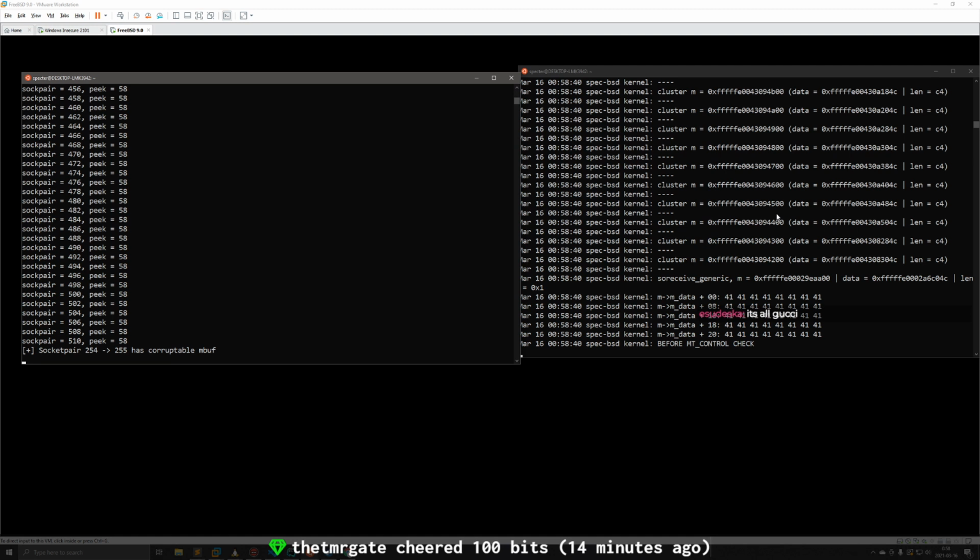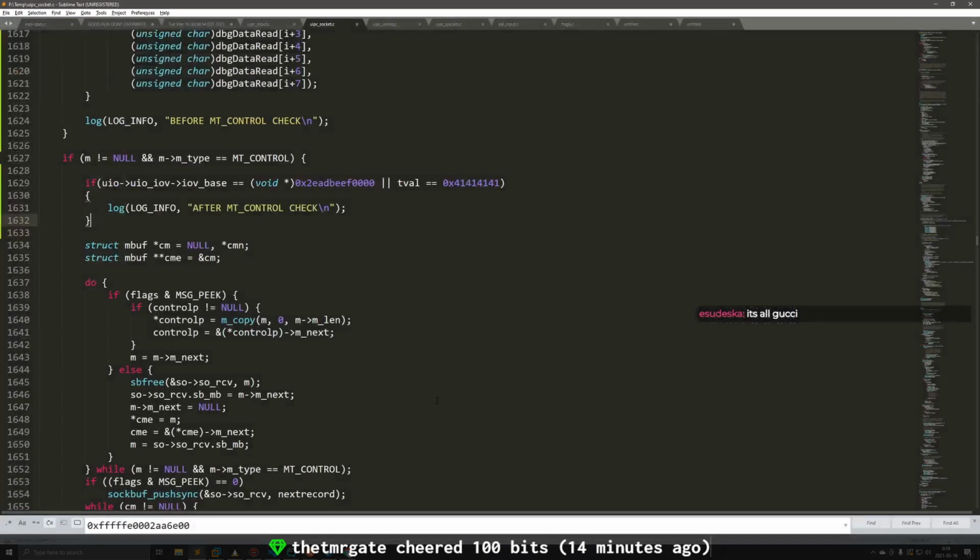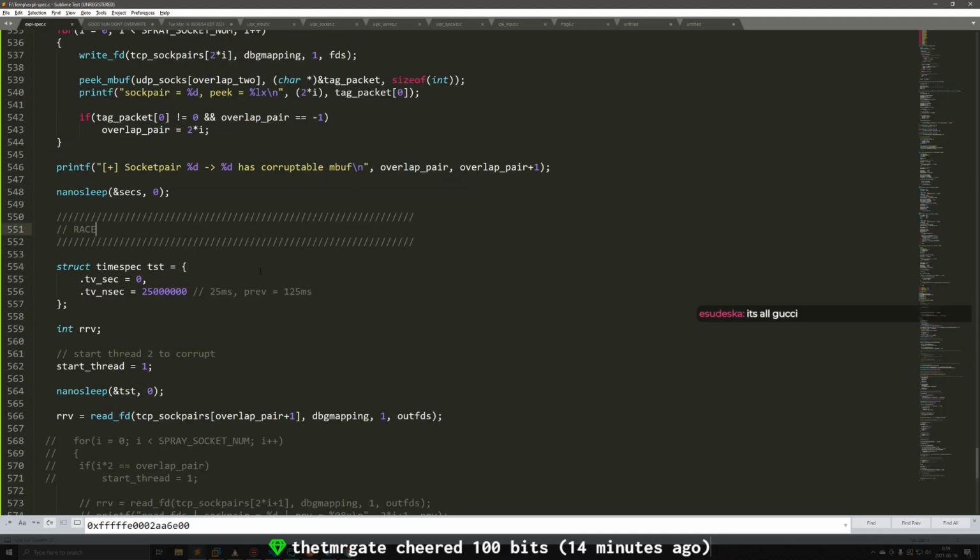So once again, we received too late because we're corrupting it before the empty control check. So this is kind of what I expected would happen. It means I'm going to have to adjust the timings down even lower. I think I started out with 1 second. I ended up taking it down to half a second, then 250 milliseconds, then 125. I then took it down to 25 milliseconds, and that still seems to be too much.